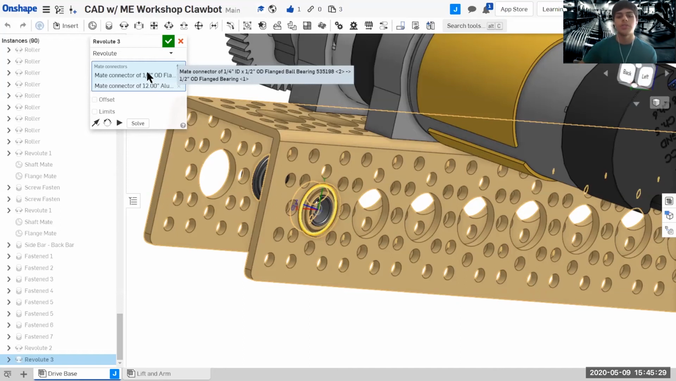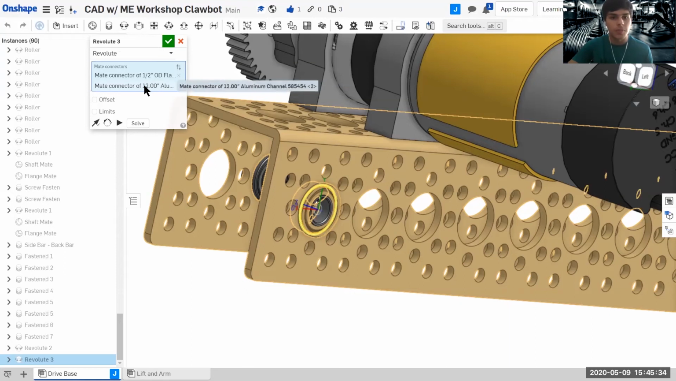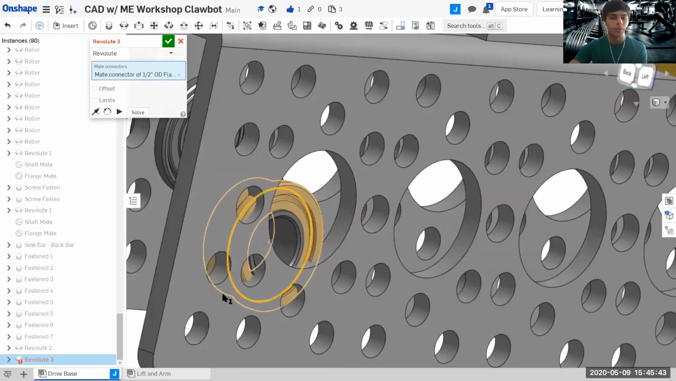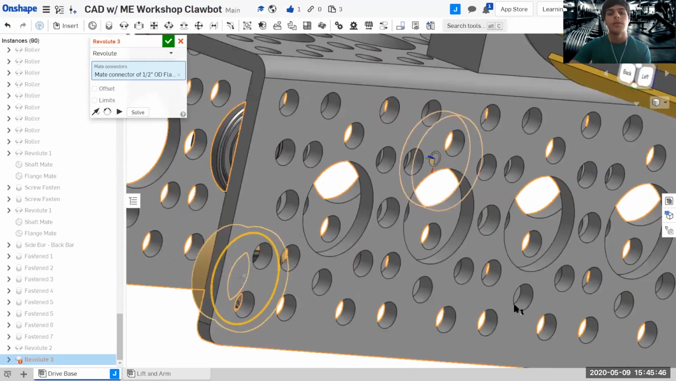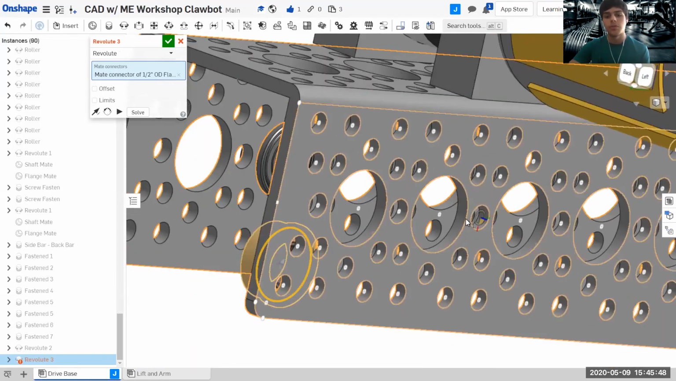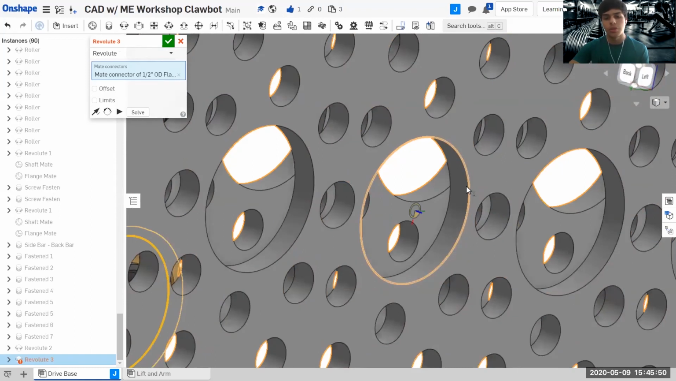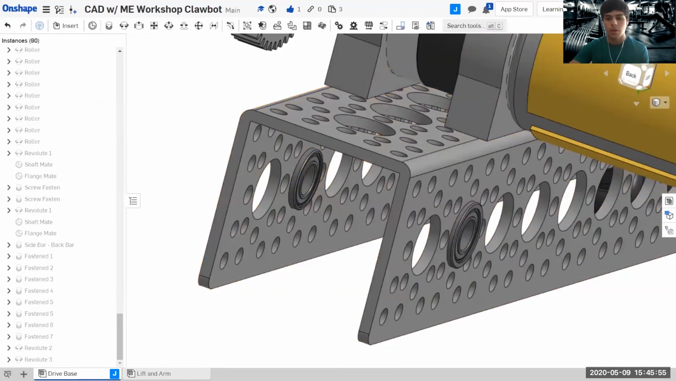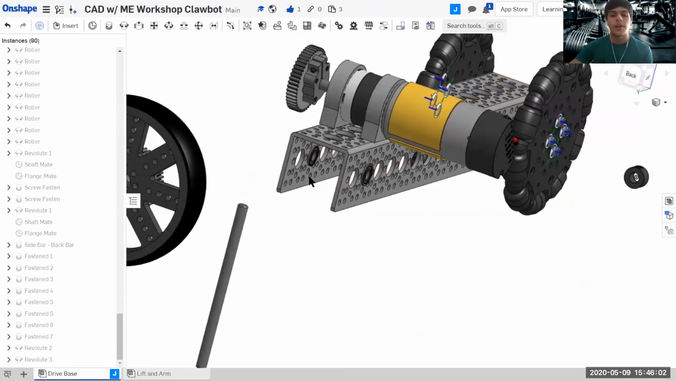it displays in yellow the mate connector of the bearing. And if I go down here, it displays the mate connector of the aluminum bar. I want to change the mate connector of the aluminum bar, so I simply click check, and there we go. The bearing is no longer mated to the aluminum bar, as you can tell. So next, what I'm going to do is switch it and then click here, and now it's mated properly. All right, so yeah, now it's mated properly,